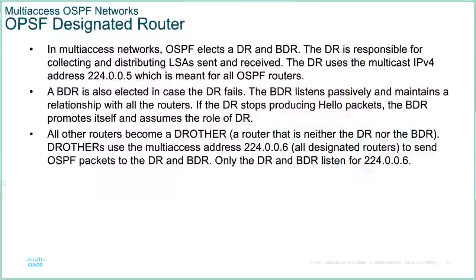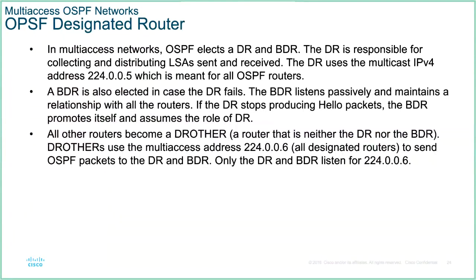Now, we need to have an election. The election determines who is the designated router, and then after that's confirmed, there'll be a second election confirming who's the backup designated router. So whose role is what? The designated router is the one that collects and distributes all of our updates. So our link state advertisements are sent and received, and this information is being communicated on